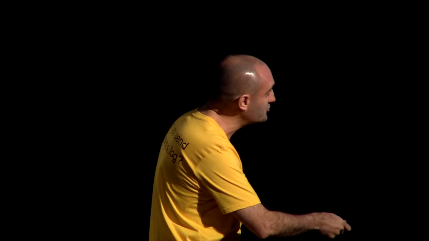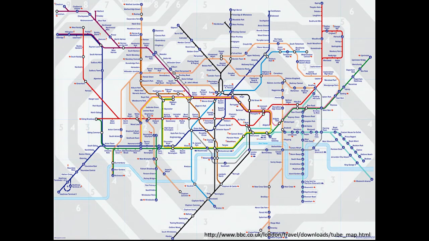Actually, I think the lowest cost path is to come down here on the Jubilee line and scoot up to Baker Street and then do a cheeky little changeover on the Bakerloo line, just in case you're ever thinking of visiting us. And that's a lower cost path through the graph. But what's nice about that is we all intuitively have a feel for how graphs work. Graphs appeal to us as humans.